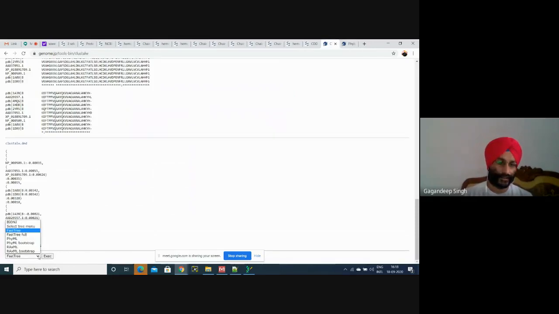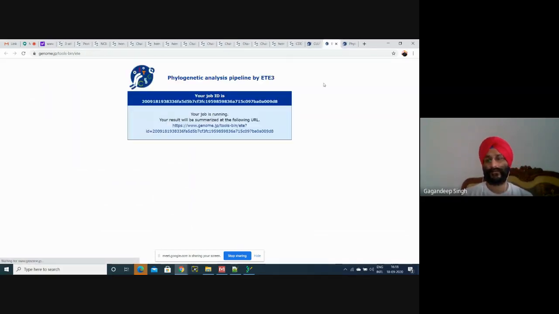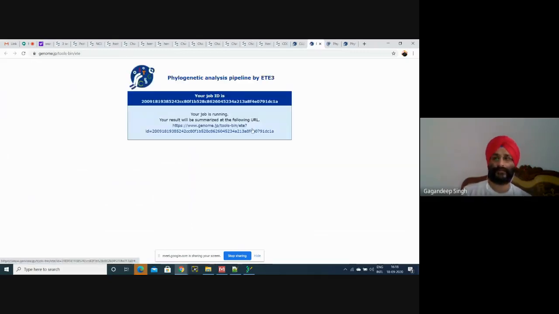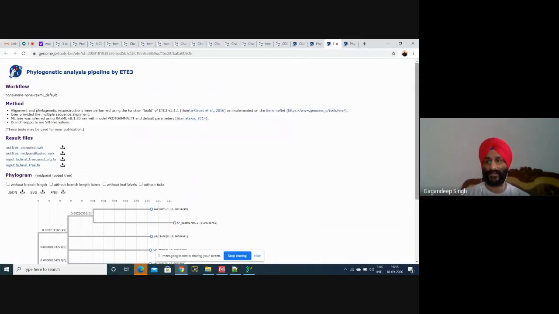We'll go for others as well. In this portion, we can generate evolutionary trees as well. It will take some time. You see.